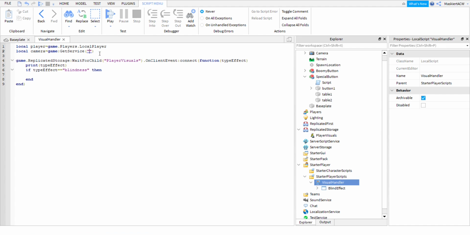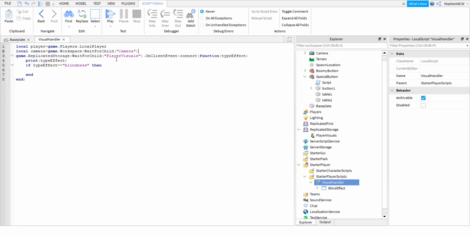I feel like there's a better way to get this. Oh no, there's not. Alright, but we'll just stick with this way. Why not? It's not like it's bad or anything. So we have the player and we have the camera. Honestly though, we probably really just need the... no, actually we need both. So if it's type effect blindness, then we are going to go ahead and